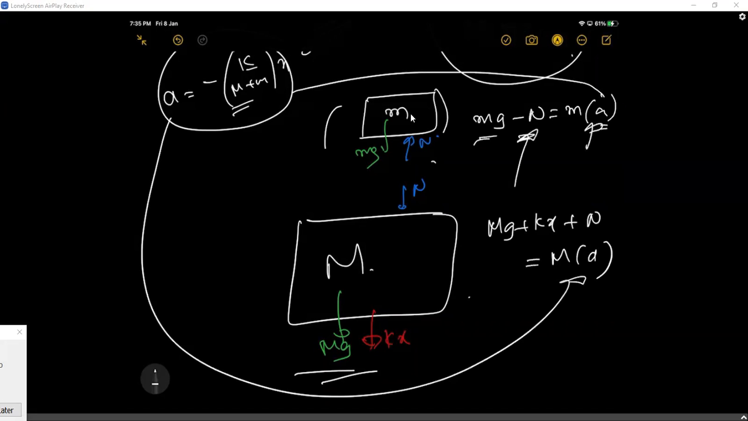Anybody? Aditya, can we do it? Yes, sir. If we substitute the acceleration in that, we'll find, yes, we can find the normal force. That is the force he's asking. When the blocks are oscillating,